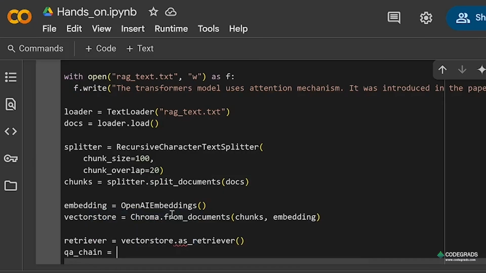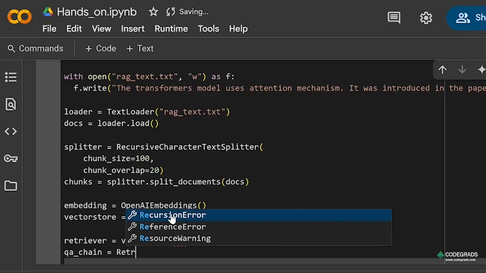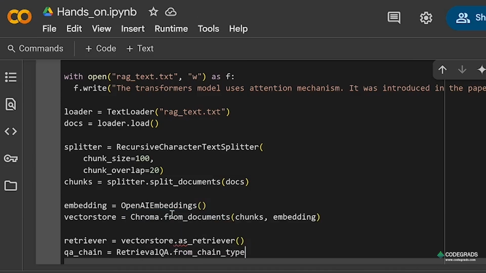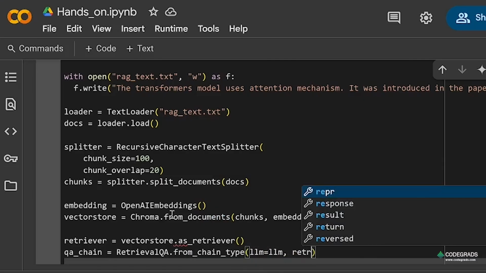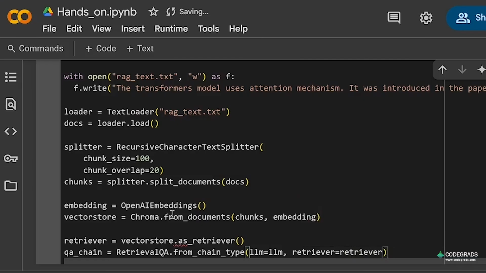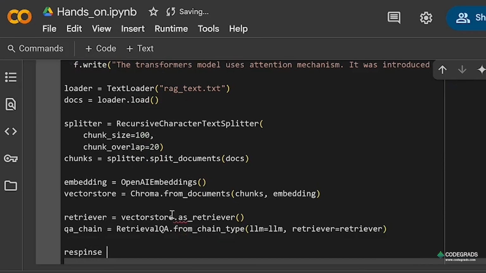QA chain equal to RetrievalQA from chain type, and here I will mention the LLM and the retriever equal to retriever. Then I'll get the response